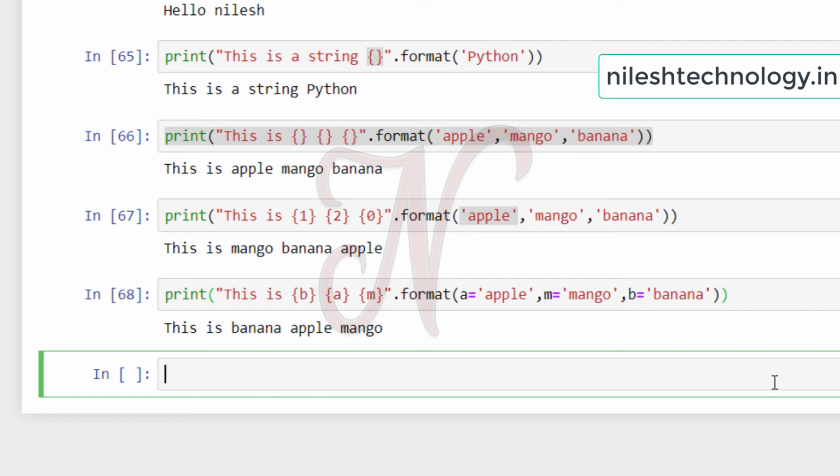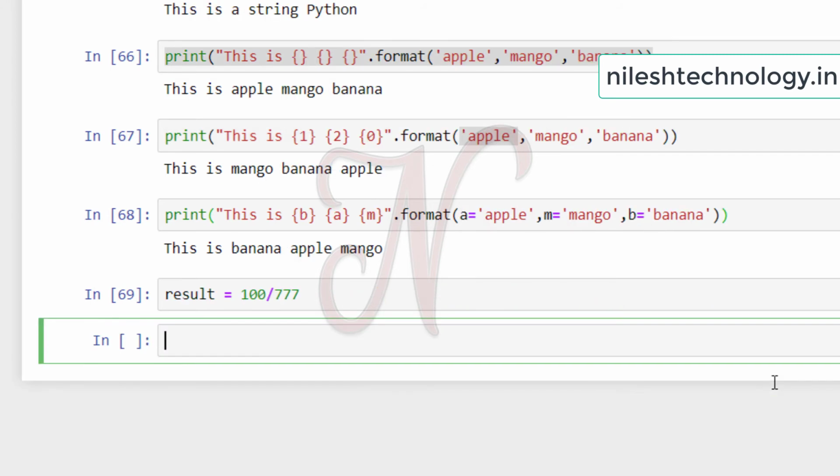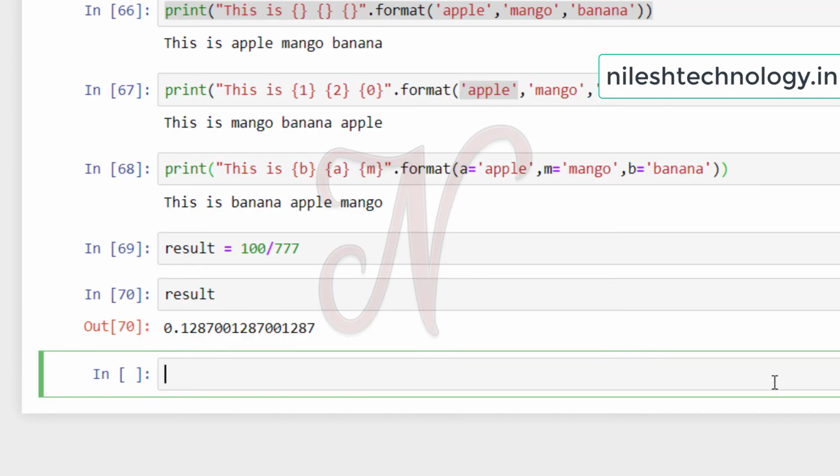Okay, now we discuss that the same format function is also used with floating point numbers. See here how to use it. Here I can assign the division of two numbers to one variable. So my result is 0.1287001287.